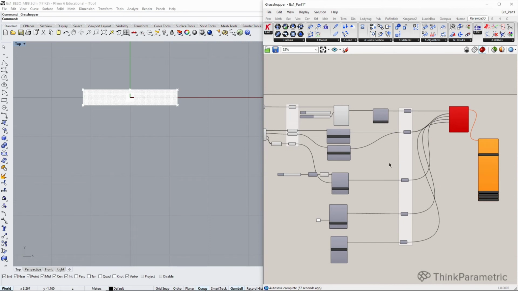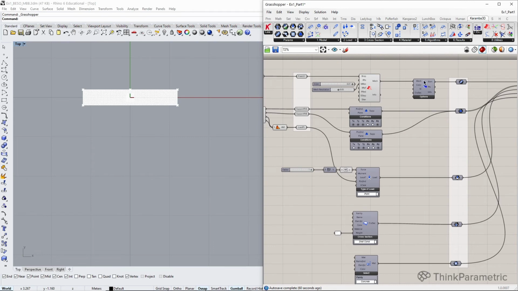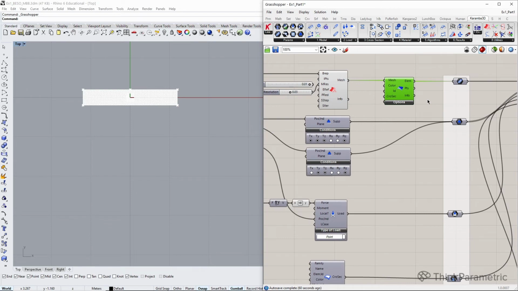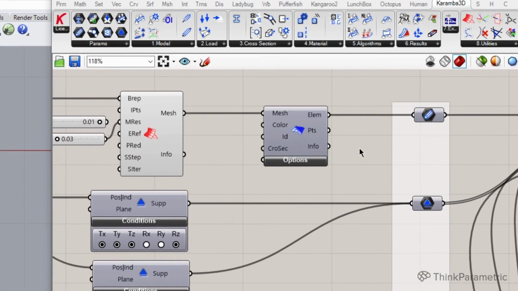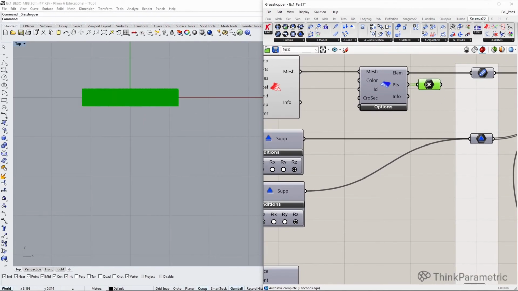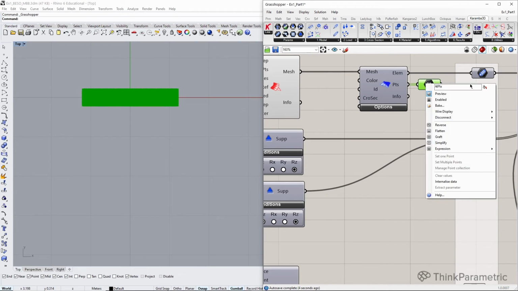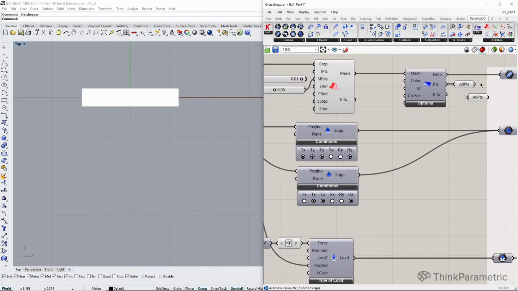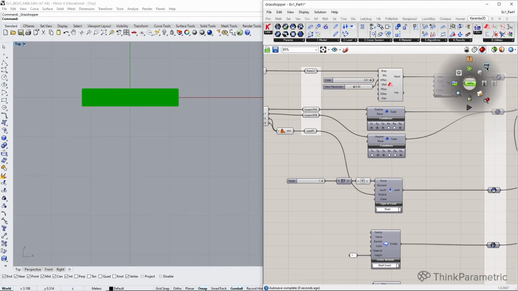To fix it so it works in any case and any resolution in the future, we need to make sort of a trick, but it's very important both in Kangaroo and in Karamba. We always need to find points that belong to the mesh that we are using. So I will use a point param, plug this in and give it the name all points. I will copy this and create a connection with wire display hidden. It's just for visualization purposes so that we don't have too many cables. We can turn on the preview.